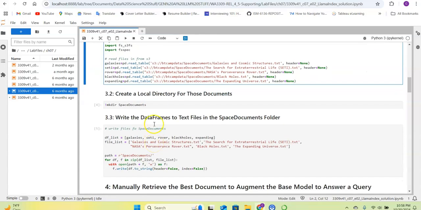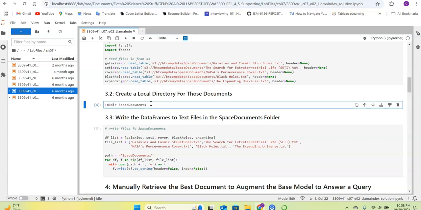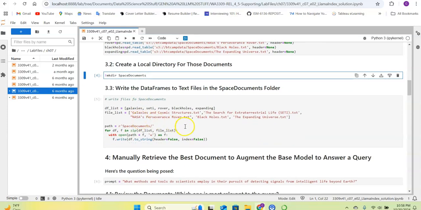And then once you're done with that, I'm creating a folder called space documents, and I'm keeping all those 5 files in that folder. Okay, so I'm creating that with the help of this command, mkdir, that is make directory, space documents. So you're creating a space documents directory, which is a main folder for storing all these 5 files. Okay, and once you're done with that,